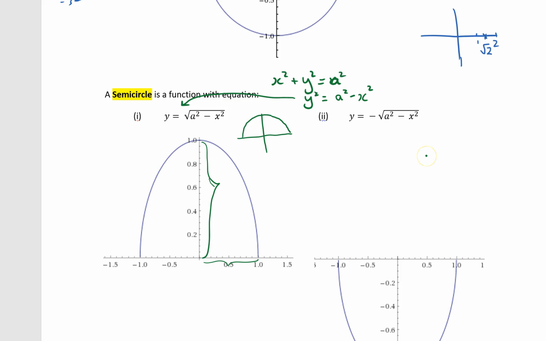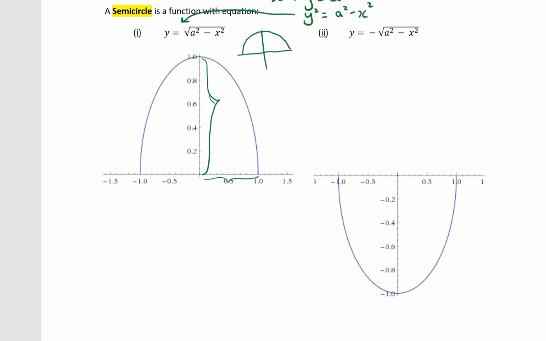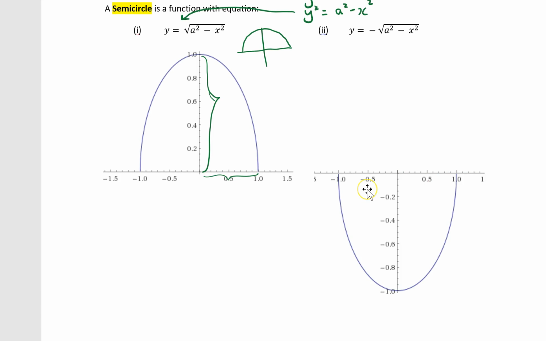The negative, you can also see, again, I copied this from a drawing program online, and they had already set the scales on each axis, so it looks out of proportion. But this would then be the equation of the bottom half. The y values must be all negative, the negative square root of a squared minus x squared. Please familiarise yourself with that equation, because that does often come up, and you're expected to recognise that one